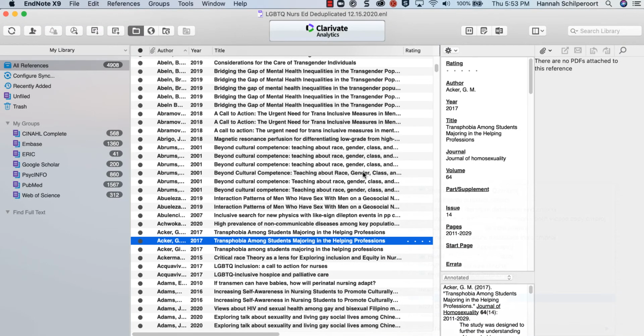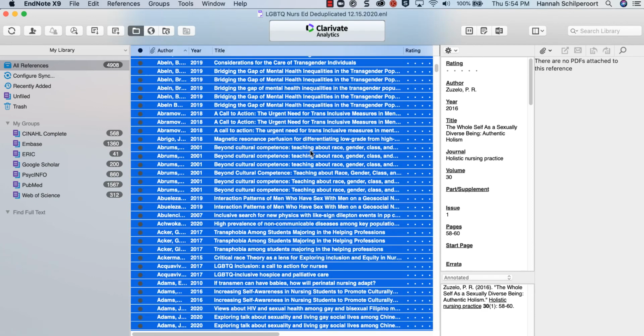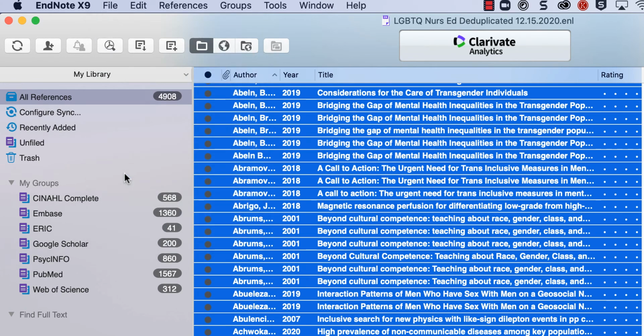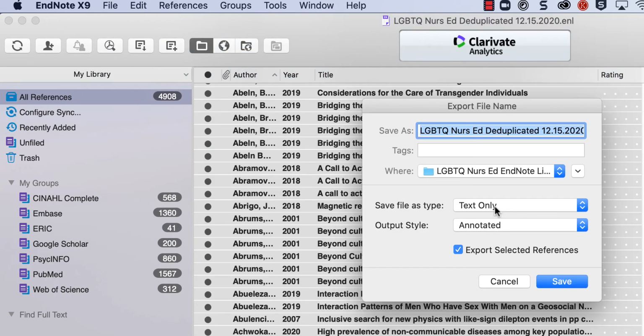Once you have completed the deduplication process, export the citations from the deduplicated EndNote library as a single XML file for Covidence import. When exporting, make sure to select all the citations in the library. Only the highlighted citations are included in the XML export. Make sure to save file type as XML.